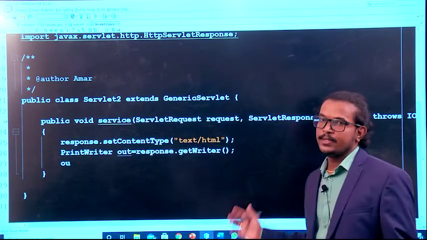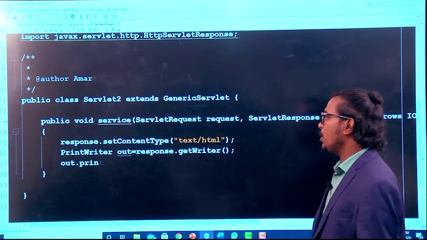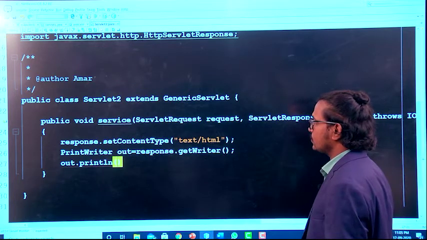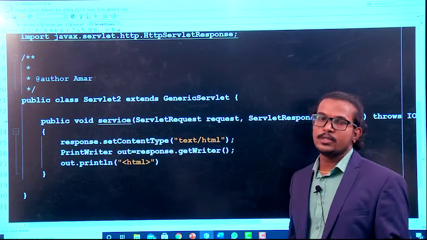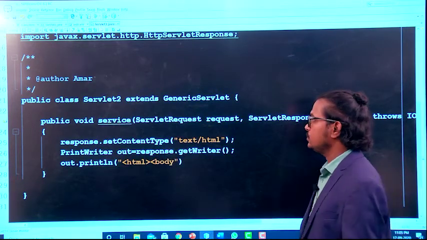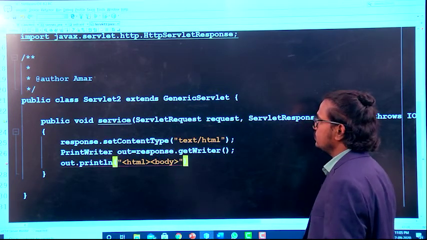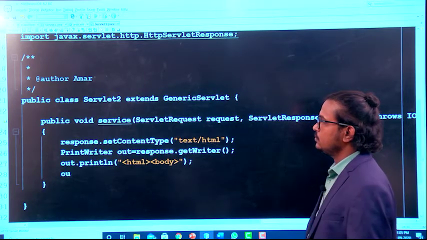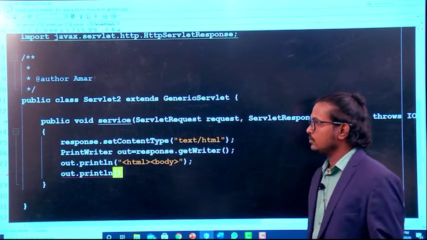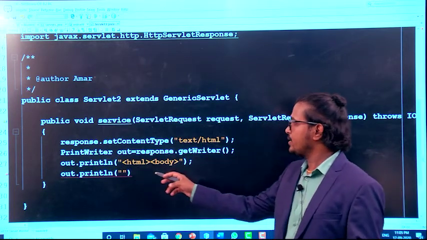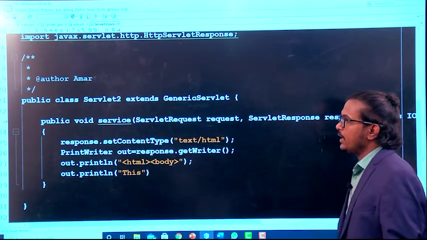After that you write some message there, out.println, and write your response in the form of HTML tags. See, like this you have to pass your HTML code in Java language.